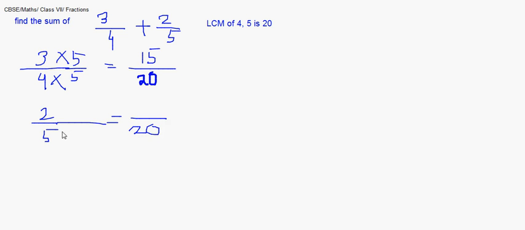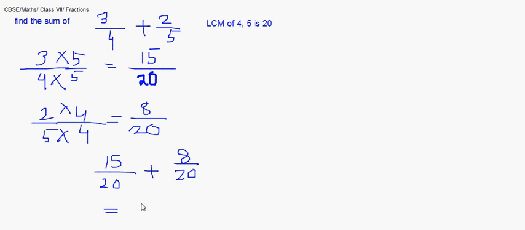To do so, I'll multiply by 4 and do the same thing in the numerator, thereby getting 8 upon 20. Now the two fractions have been converted to like fractions, that is 15 upon 20 plus 8 upon 20. You can now add them as you have learnt for like fractions,